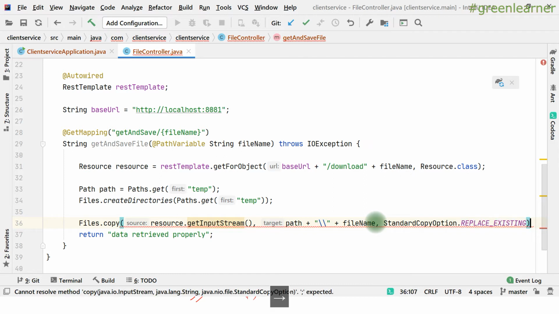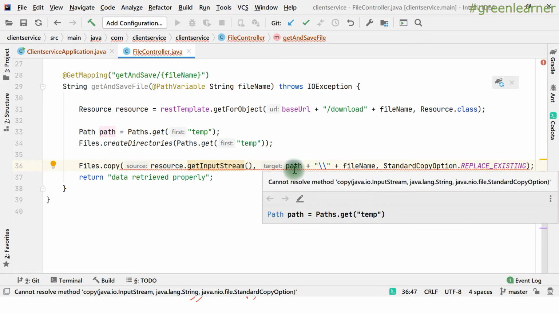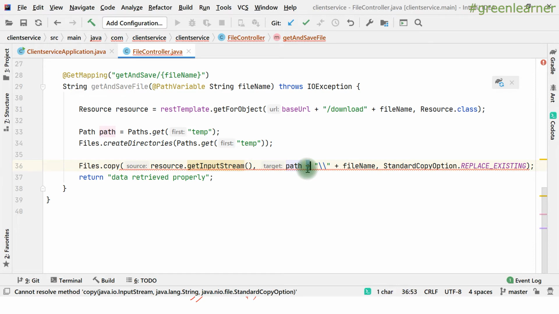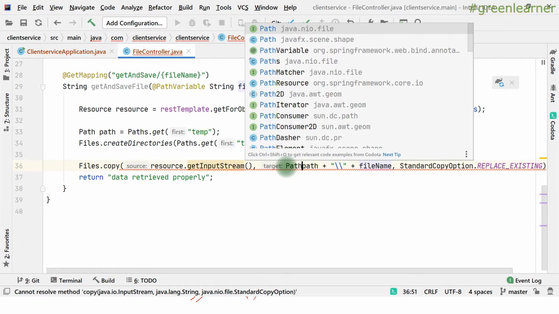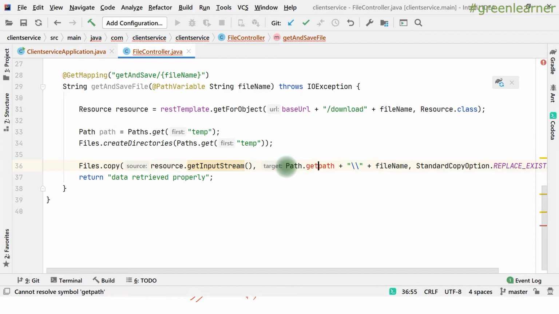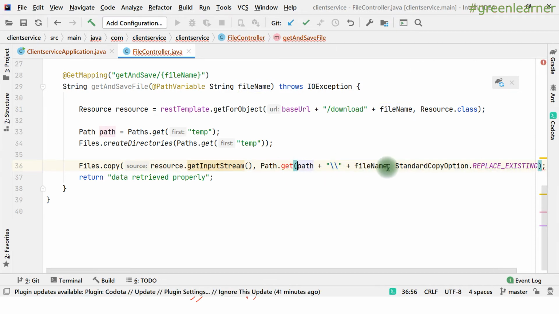If there is any existing file, replace that one, right? Okay, cannot resolve method, so there is some problem. Yeah, I have not done it correctly. So path dot get, and this should be like this one, right?